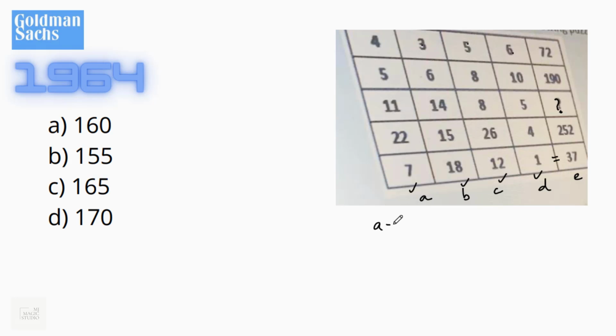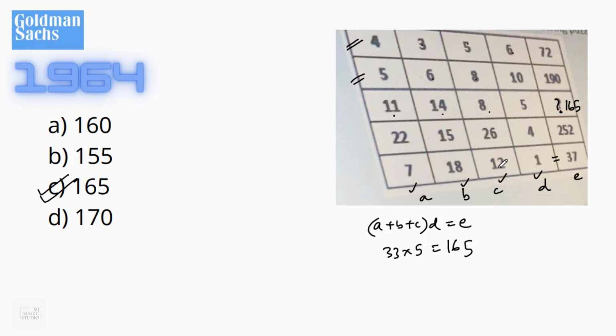So if I use A plus B plus C into D is equal to E, which fits in the first row, does it fit in the second row? 190 divided by 10 will give 19, and 8 plus 6 plus 5 is 19. Bingo, it fits in. That means 11 plus 14 is 25 plus 8, that is 33. Now 33 into 5 is 165, which should be there in the place of the missing symbol, and 165 is there in option C, which fits in.